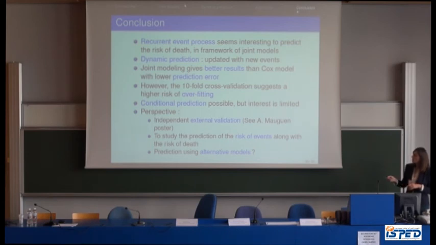So in the future, we are working on the external validation of this work with Audrey Morguen. She has a poster. And we have mainly worked on the prediction of death, but we would like also to work on the prediction of the progression themselves. And probably we could compare this kind of joint modeling using alternative models like additive hazard models or something else with different